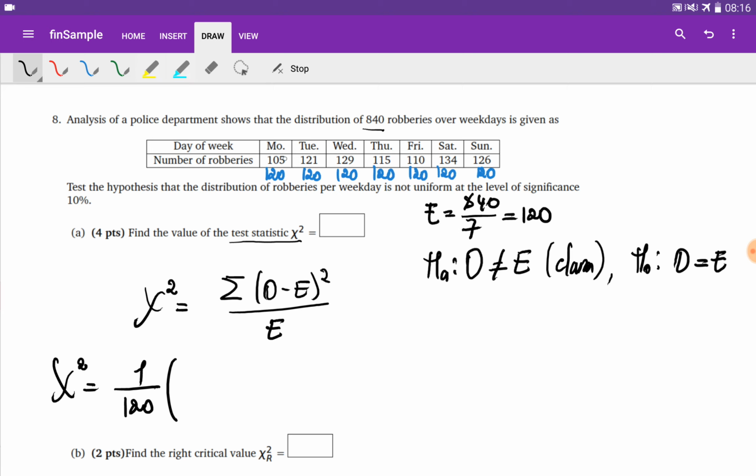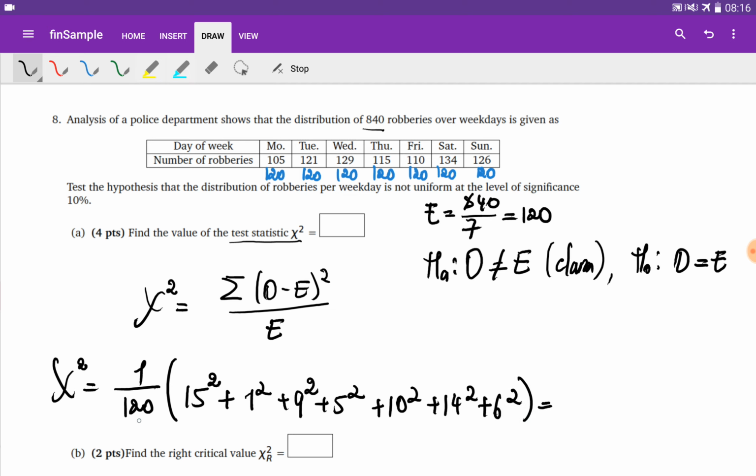So we need to find the difference between 105 and 120, which is going to be 15, right? And we need to square it. So 15 squared, plus the difference between the next pair, which is 1, squared. The difference between the next is 9 squared. The next is 5 squared. The next is 10 squared. The next is 14 squared. The next is 6 squared. So if we square everything and sum them, it is going to be